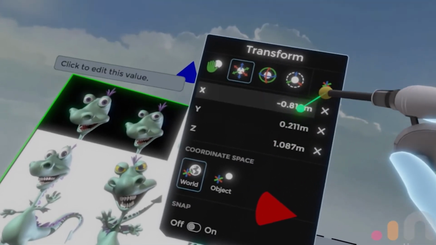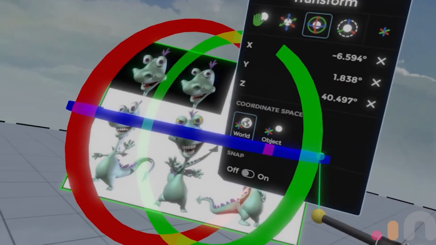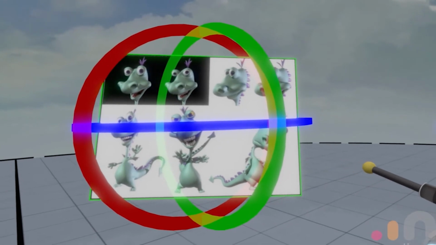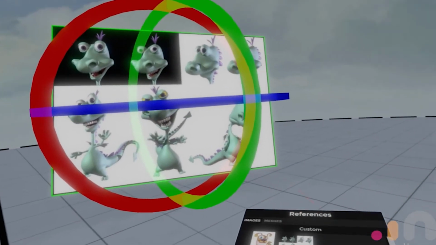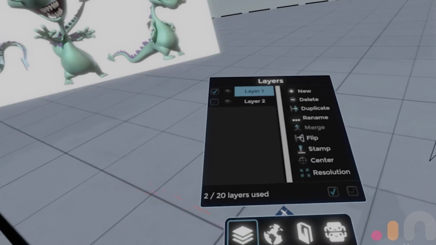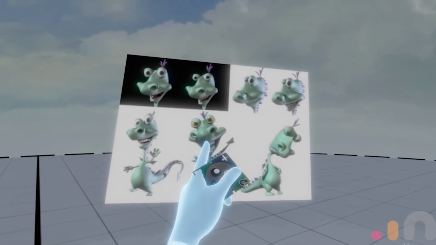There we go. And we can kind of rotate it just a little bit there. Perfect. Alright, go back to layers. Now if you can see right here,